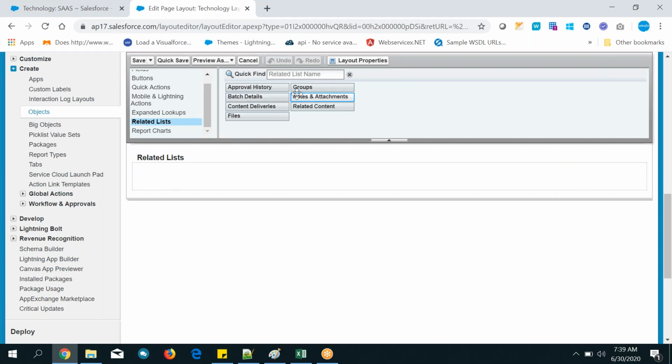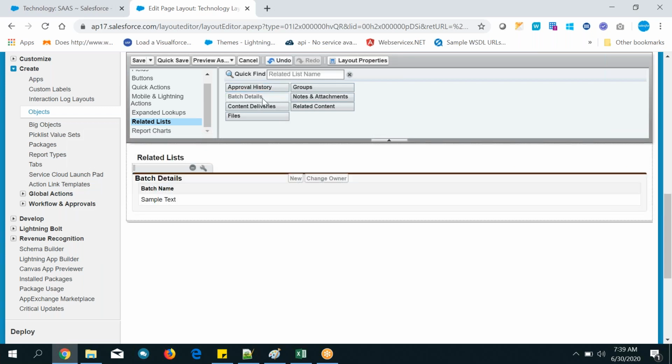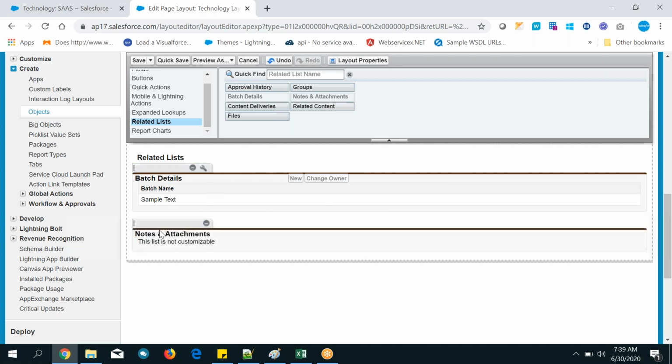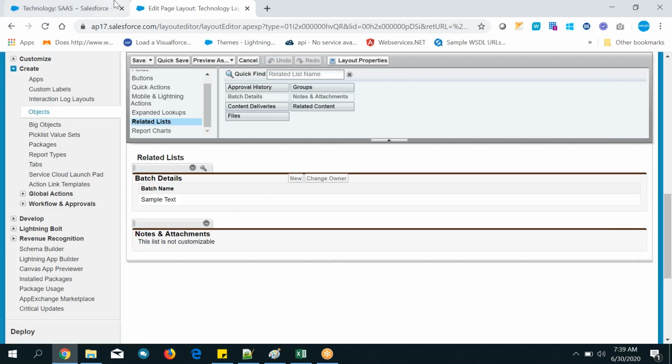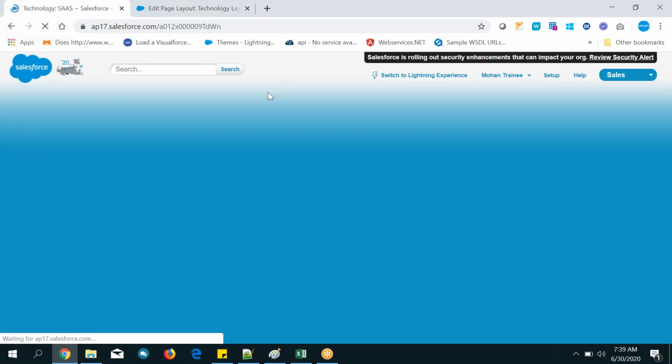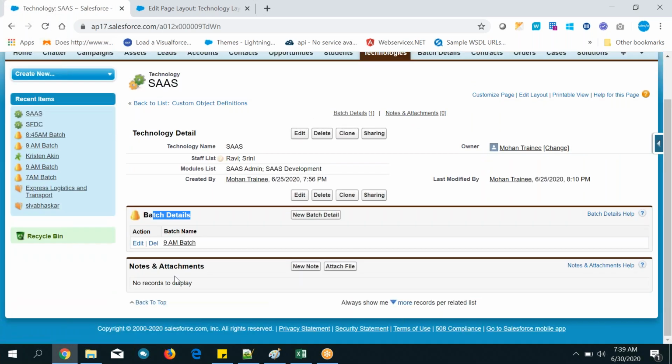Now let's add whatever you want. Here batch details are there, add. Along with the batch details, if you want to add anything, like notes and attachments, select and add. So I have added objects as children. Quick save it and come here, refresh it. Now you can see the batch details object and notes and attachments. Notes and attachments is a standard object, but it is a child for all objects.